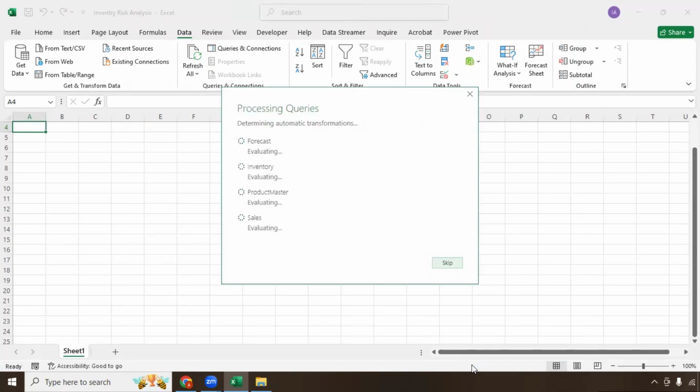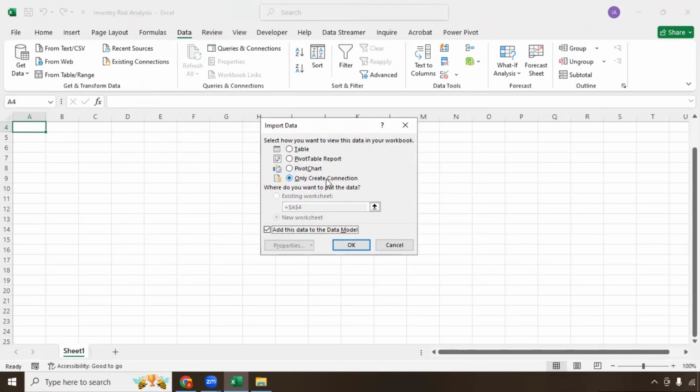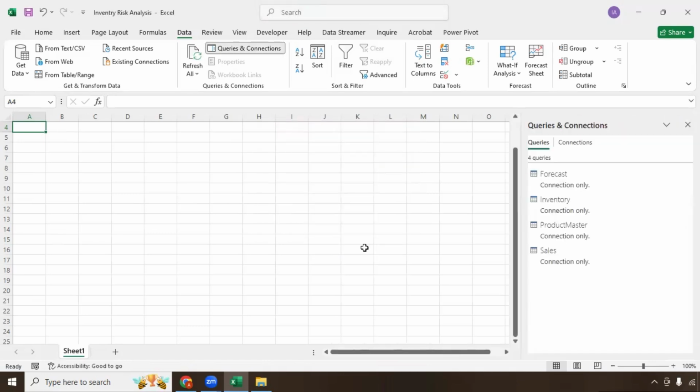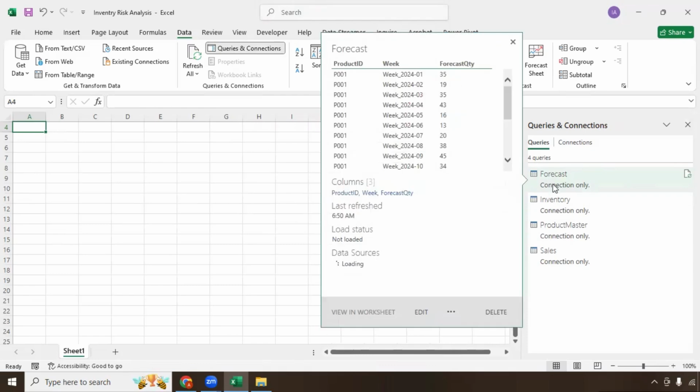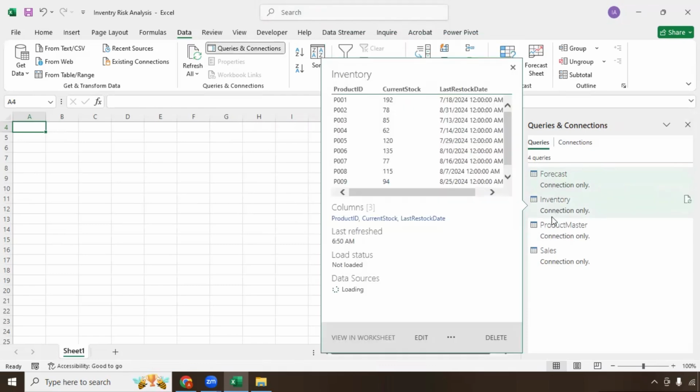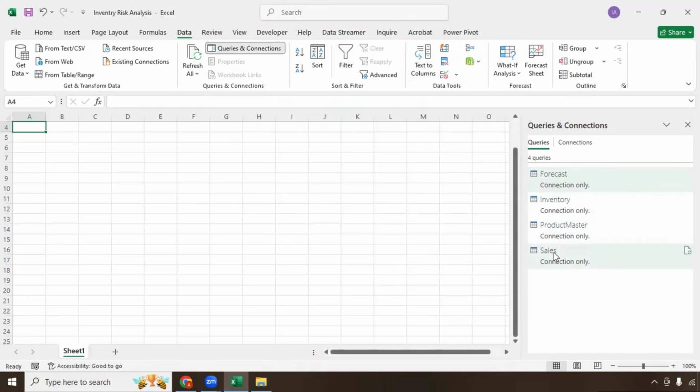When we click load to, it processes the queries, and then we want to make sure that we click on only create a connection. We just want to create a connection. You can uncheck this, add this data to the data model. You can uncheck it for the meantime. We click OK. Once we click OK, we will successfully create our connections, and you can see our 4 tables